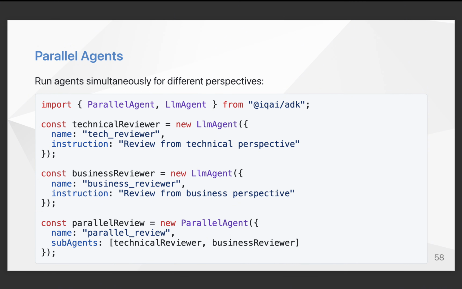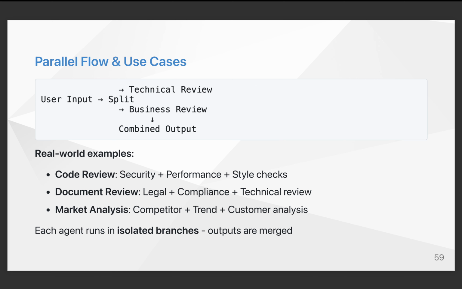Parallel workflows run multiple agents simultaneously. This is perfect for when you need different perspectives on the same input. Here we create two reviewer agents, one for technical review and one for business review. Each has different instructions for their perspective. Then we create a parallel agent that contains both reviewers. When executed, the input splits and goes to both reviewers at the same time. The technical reviewer and the business reviewer work independently in isolated branches, and their outputs are then merged into a